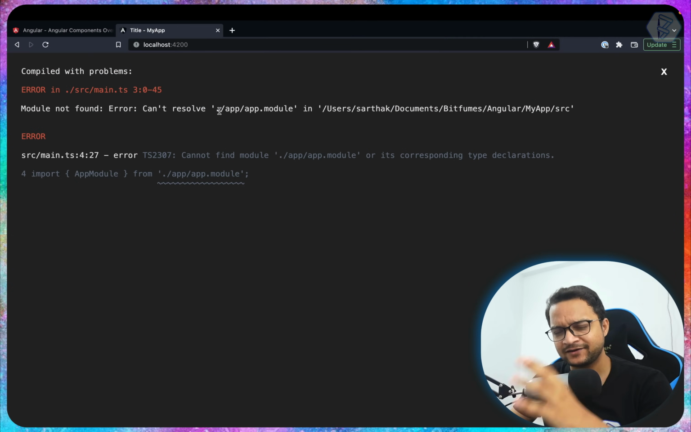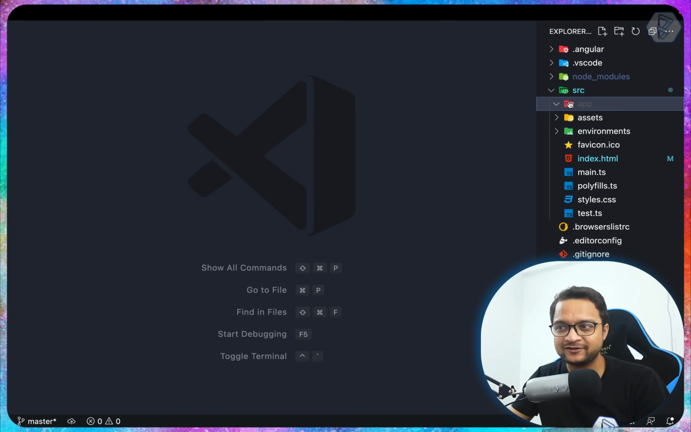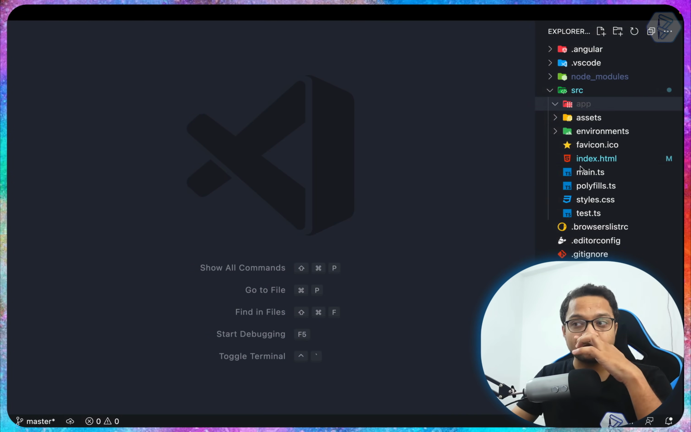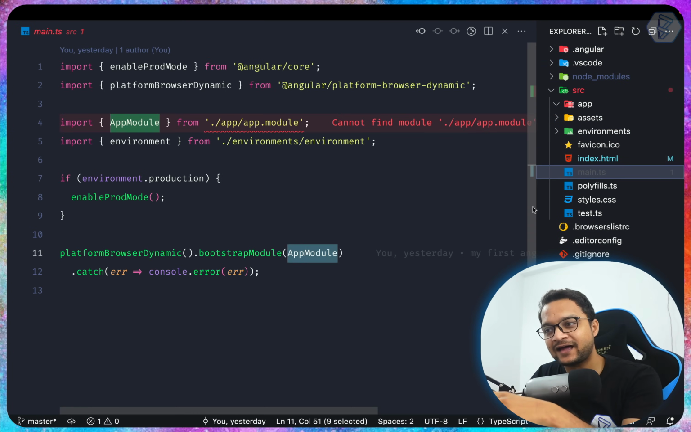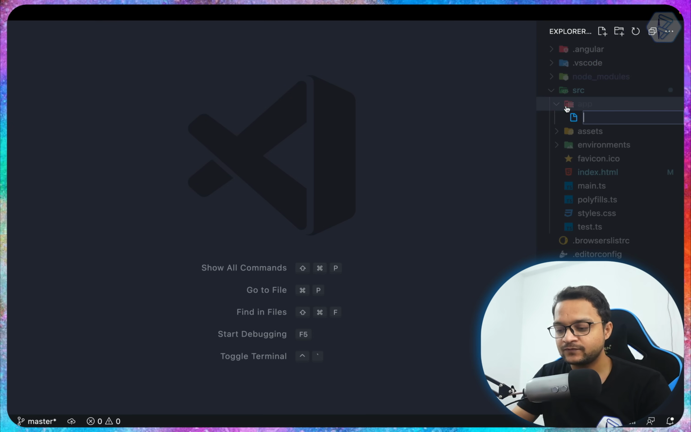We have this error which simply says that it can't resolve app.module, because app module is the root module, which is a very important file, and we have deleted everything from our app directory. Let's start with app.module, because that is the entry point, because that is inside the app main.ts. Now we need this app module, so we just create